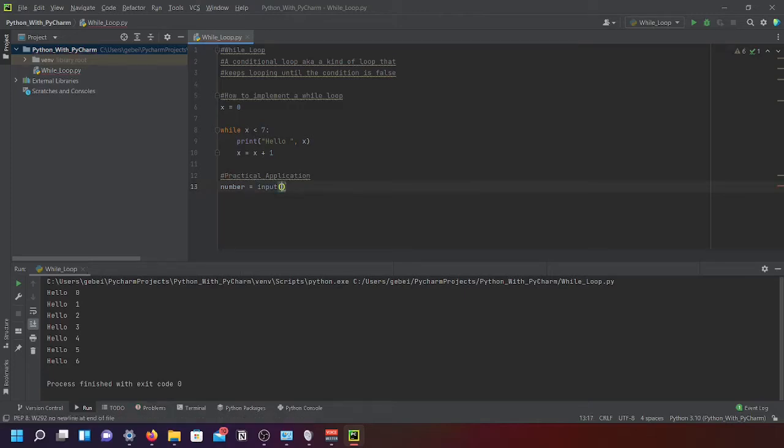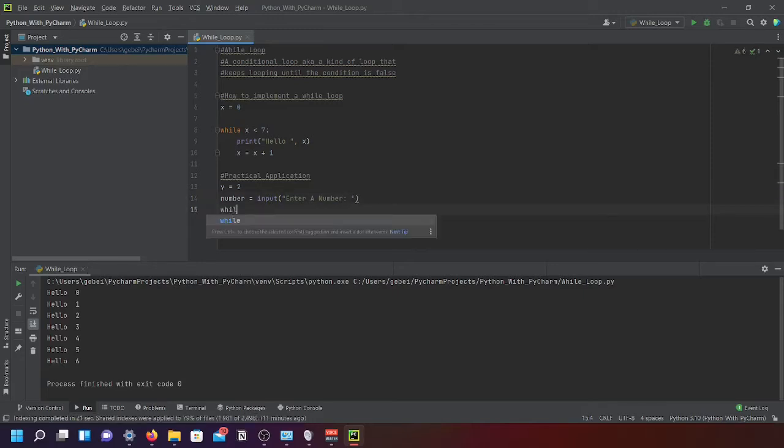Alright, and then put enter a number, and let's put y equal to 2. So number takes in an input from you, so enter a number, and let's put in a colon and space,